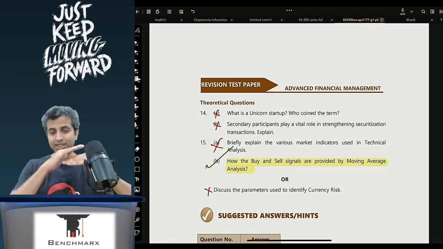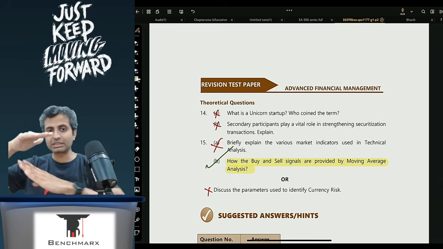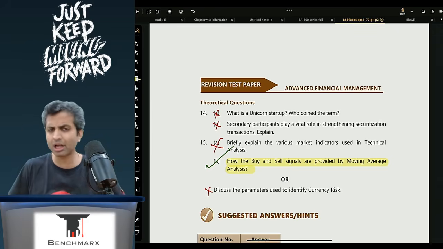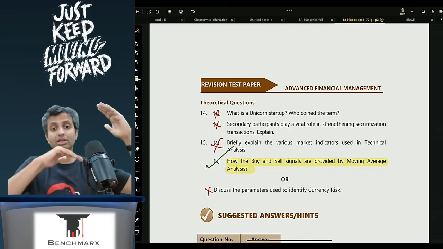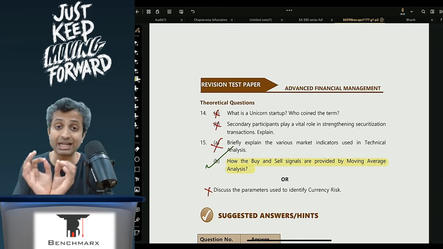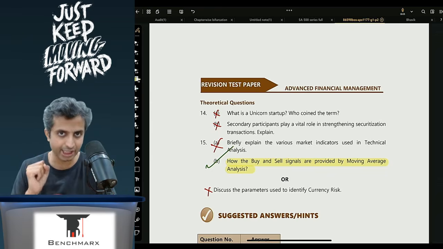Now typically we say that when you have the moving average line, and if your stock price line cuts from below, at that point there is a buy signal that gets generated. Or if there's an exponential moving average line which is declining and the stock price line cuts from above, that's a sell signal. That is the conclusion in that exponential moving average sum which is there.